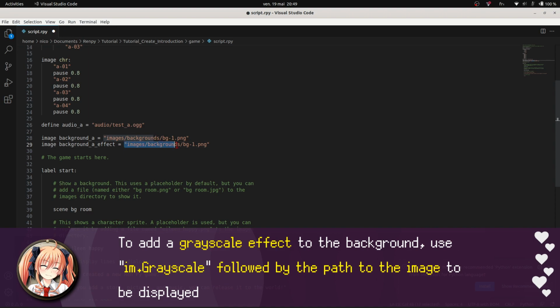To add a grayscale effect to the background, use a dot grayscale followed by the path to the image to be displayed.